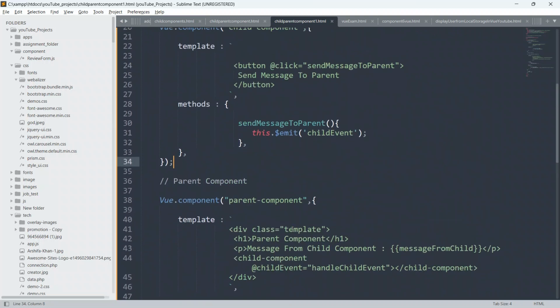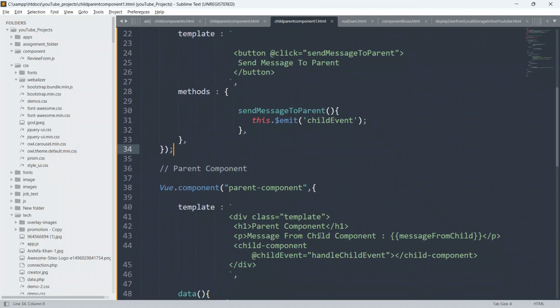This was a very basic example of how a child component can communicate with the parent component by using a special function known as $emit inside Vue.js, which is generally used to define a custom event inside the child component, which will be listened to by the parent component.